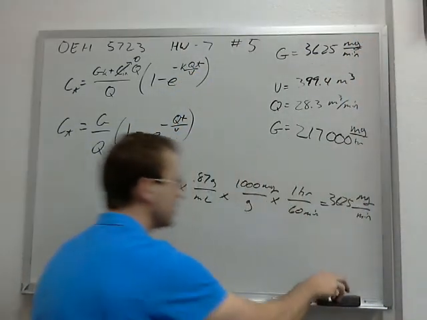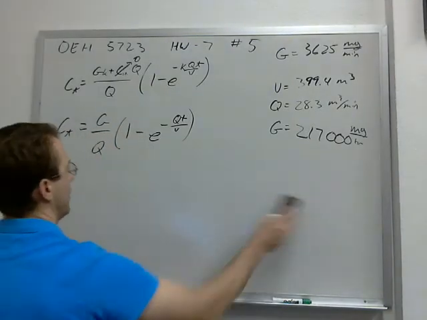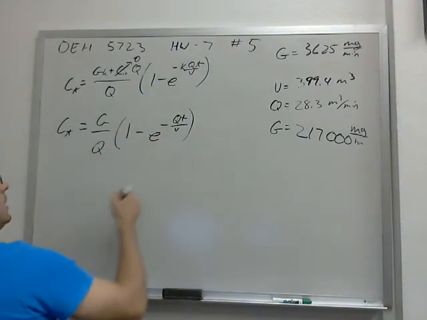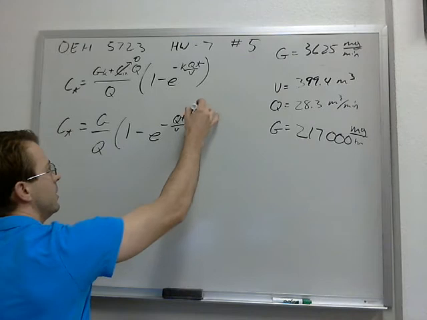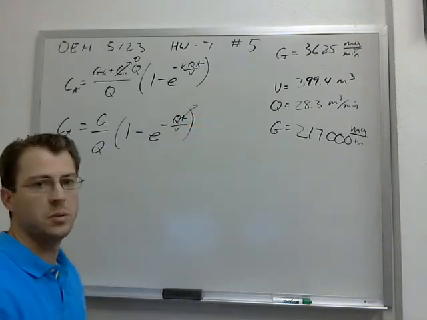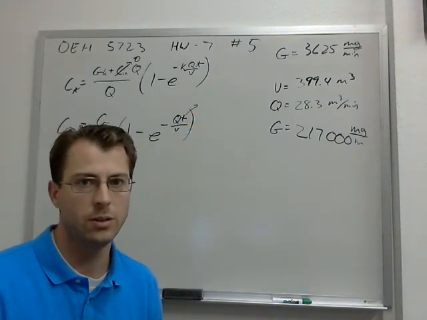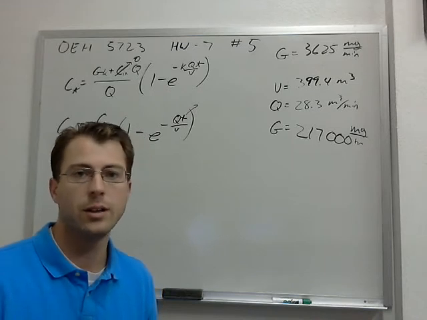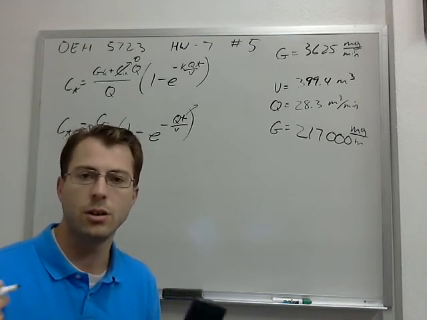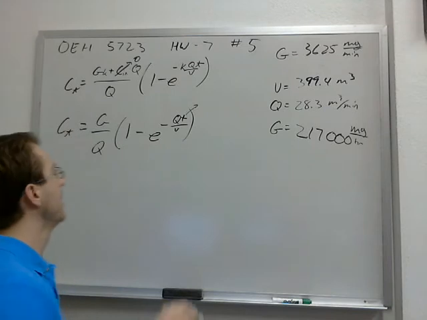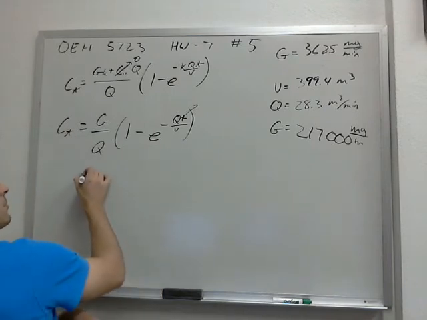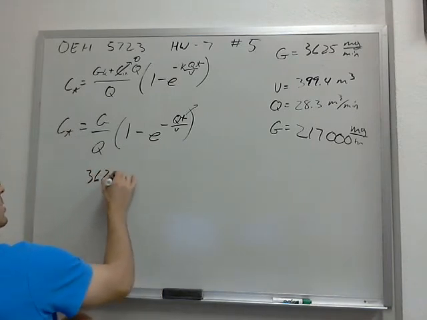Alright, so there we have it. So we just plug this in, recognizing that our time here needs to be internally consistent. We could do this all on the hour scale, we could do this on the day scale, we could do it on the second scale. We just have to use our same time constant everywhere. So our generation rate of 3625